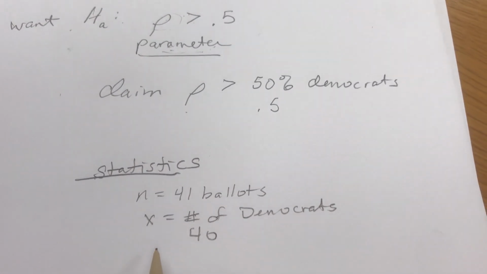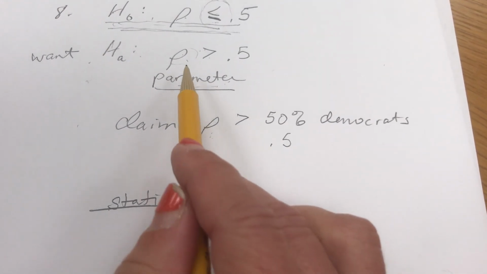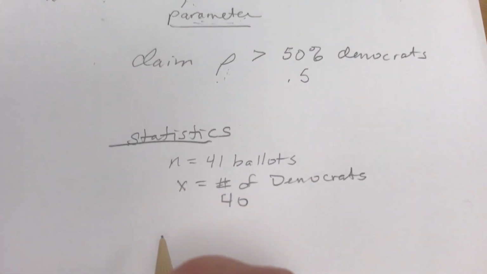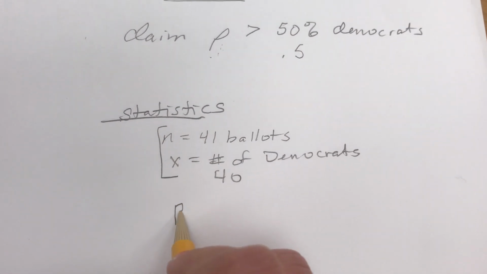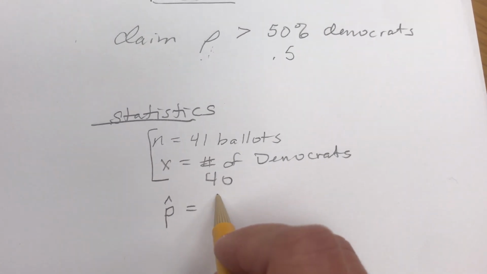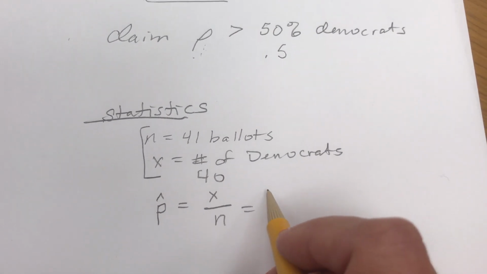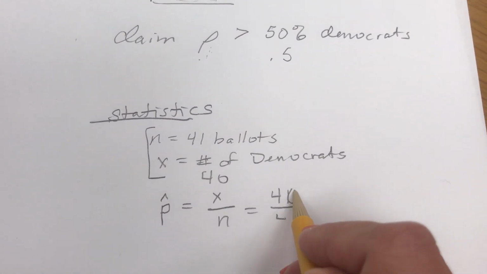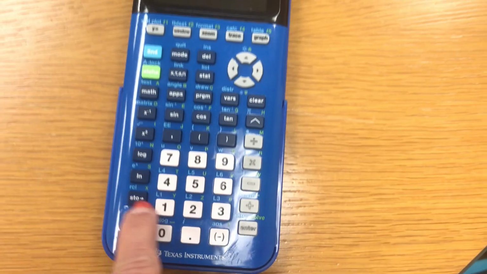Now they don't give me the p hat, the proportion from my sample, which would be a good point estimator for the true proportion, but I can get p hat from x. The proportion is going to be the number of Democrats over the total number, 40 out of 41. And so quickly, just as a decimal,